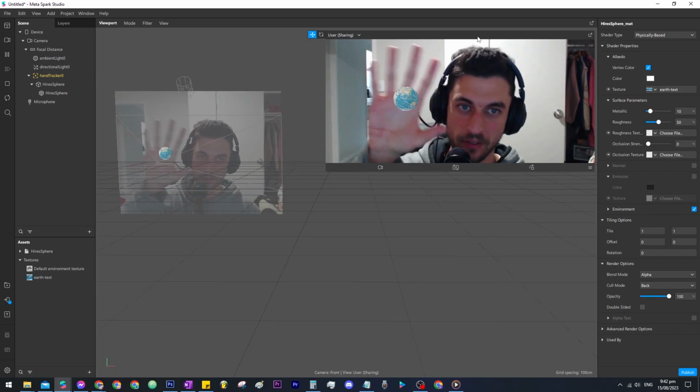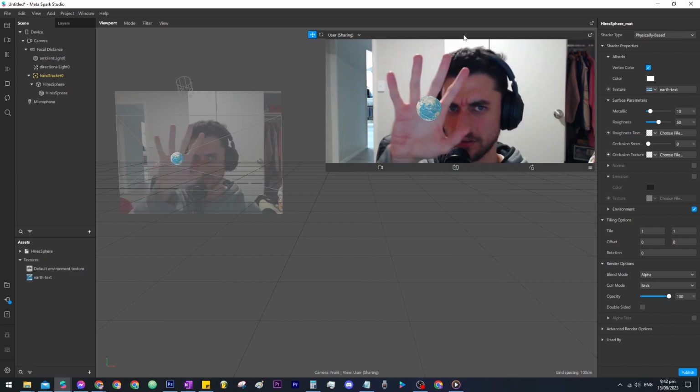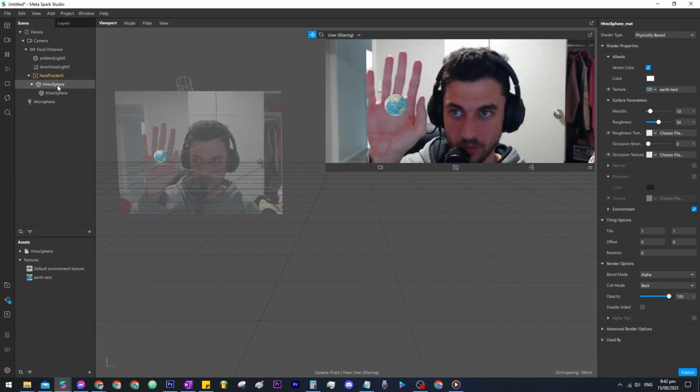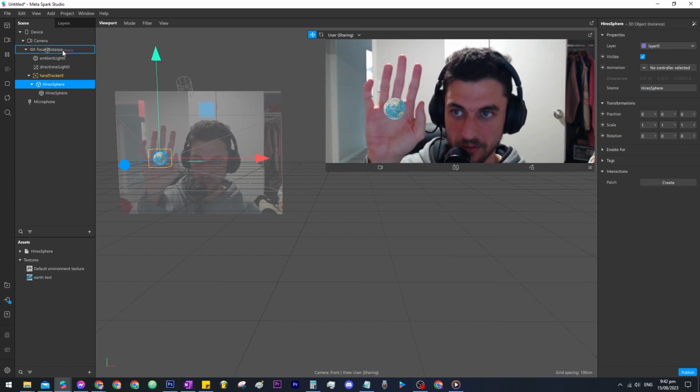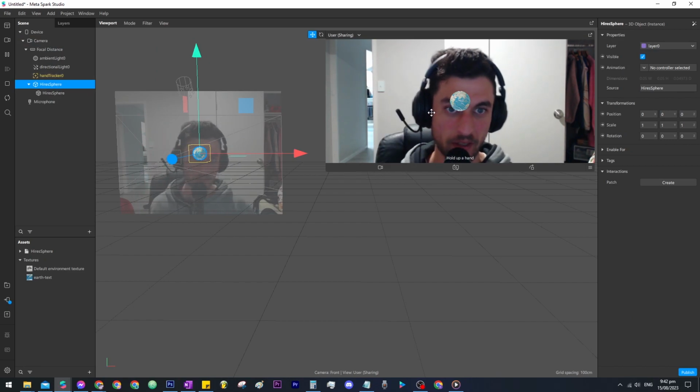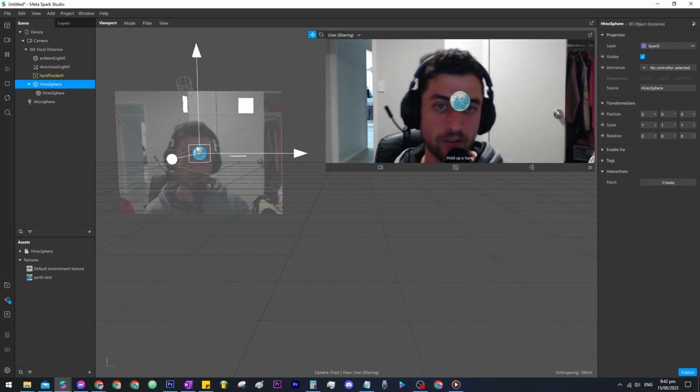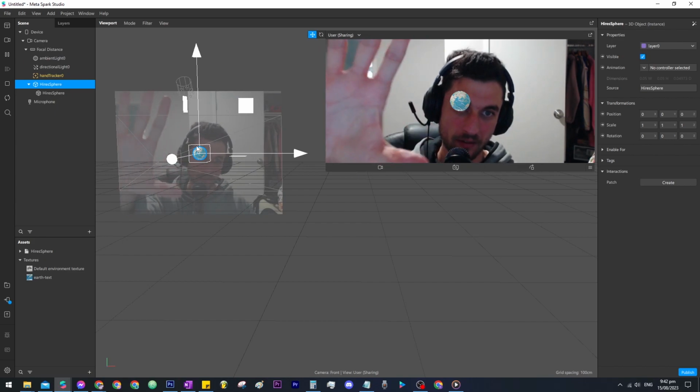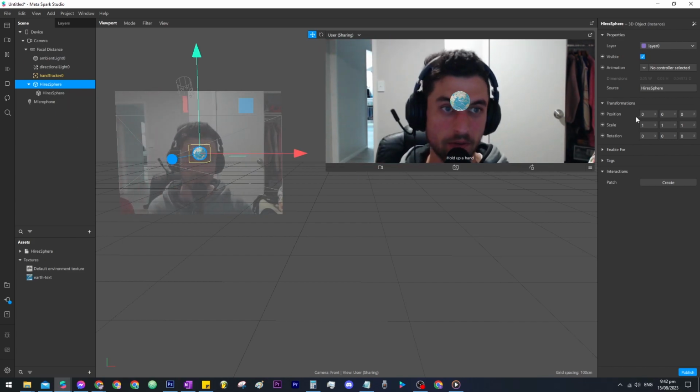So for the next part, we don't want it to follow the hand. We just want to control it with hand movements. So what we do for that, we just drag this out of the focal distance so that it stays constant like that. So the first thing we want to do, we want to change the scale based on how close the hand is. So to do that, while the sphere is selected,